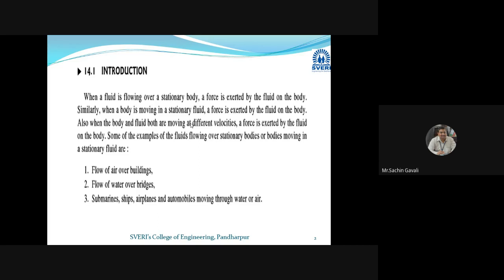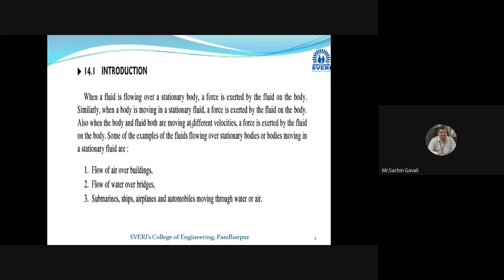To design aeroplanes, cars, sports cars, and also structures, such as buildings, which are submerged in air, wind forces definitely act on that particular building. To sustain the building against wind forces, such knowledge of drag forces, wind and lift forces, or the forces exerted by the fluid on an object is very essential.